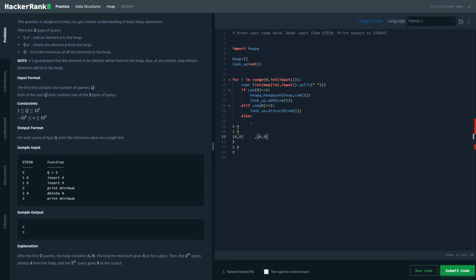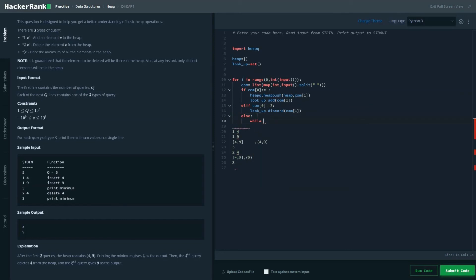Now when you print the element, 4 will be printed, but when you remove the element, you'll be discarding the 4 from our set. The list would still contain all the values, the heap list, but our set would only contain 9. So we would be writing a while loop here. Reason for writing it, I will tell you.